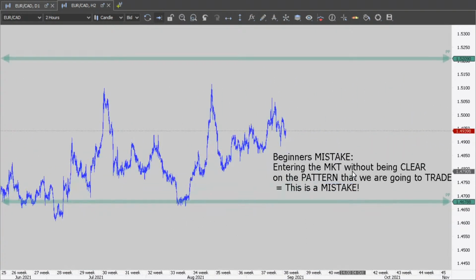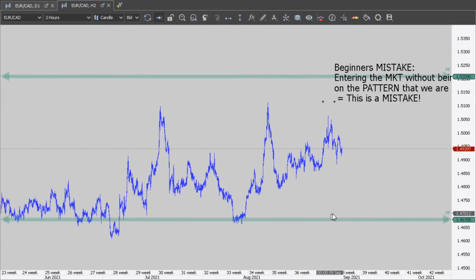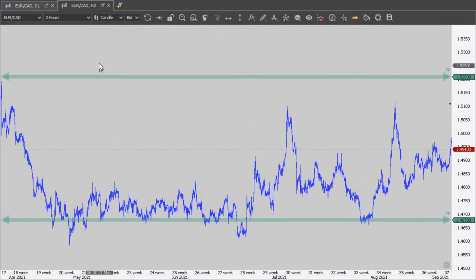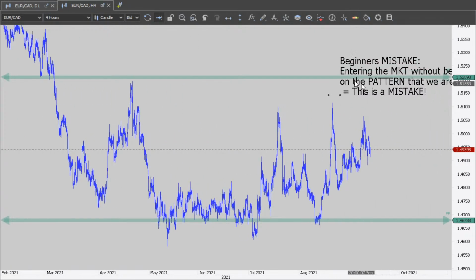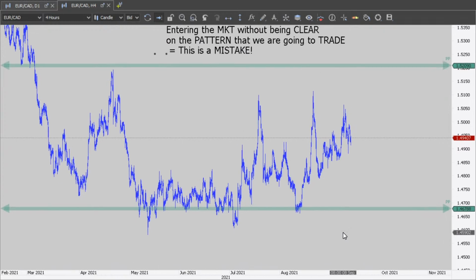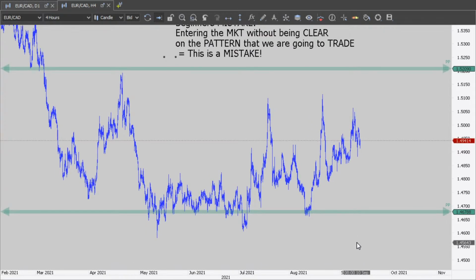So, tell me, everybody, what patterns do you see on the 2-hour chart? I'm going to try to compress as much as possible. Let's go on the 4-hour chart too. You know, okay, what patterns can you see? And you can type in the chat, you know, I'm seeing an uptrend, I'm seeing a downtrend, I'm seeing consolidation, right? What do you see? And after, see, trading is not that difficult, everybody, okay?